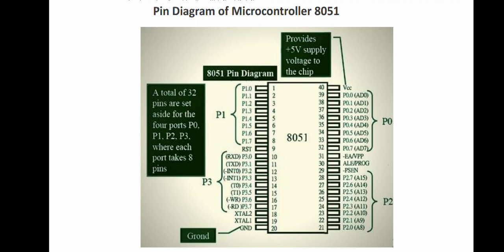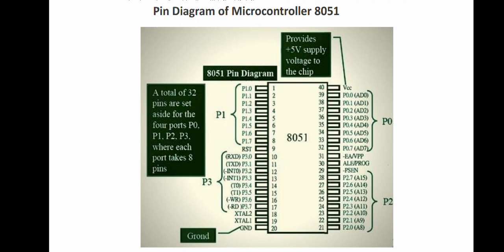We should use a ceramic capacitor with an external crystal oscillator at pins 18 and 19, XTAL1, XTAL2. Then pin number 20 is the ground pin for microcontroller 8051.